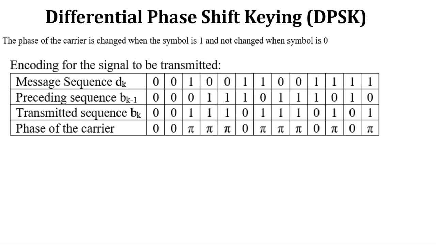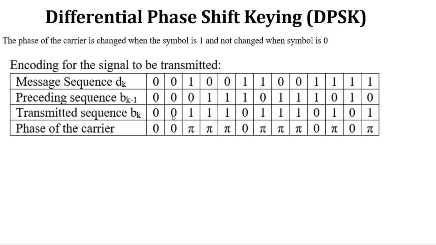In the first BPSK we used for bit 1 phase 0 and for bit 0 phase pi. We can alter the logic. So we are considering that when the phase is 0, the modulating bit is 0. DK is the applied bit, and DK is not the modulating bit. This bit will be used at the input of the modulator, not DK. DK will not be used at the input of the modulator.